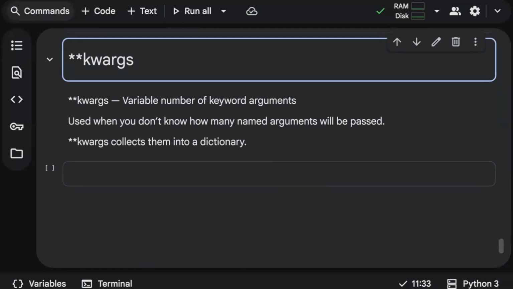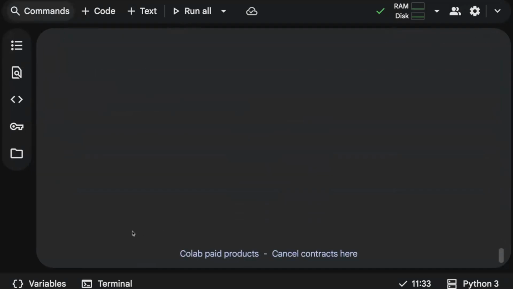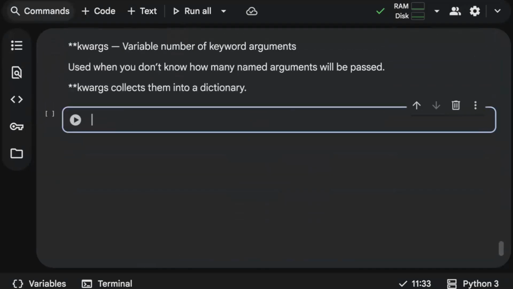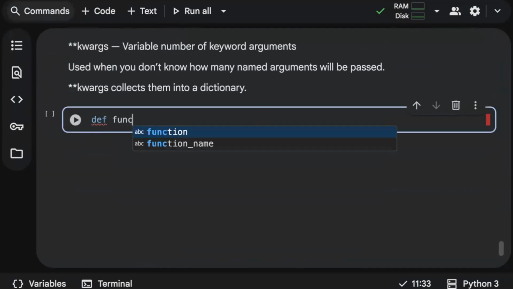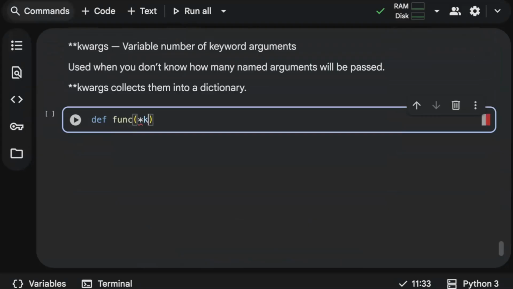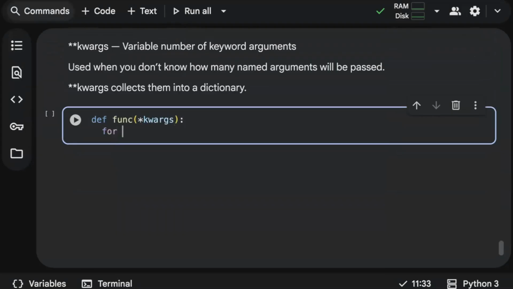Okay, so it's like a dictionary. If you want to add multiple keys and values into a dictionary, in that case kwargs is useful. So I'll define a function, let me call it func, and I'll make use of **kwargs. Then I'll use a for loop.